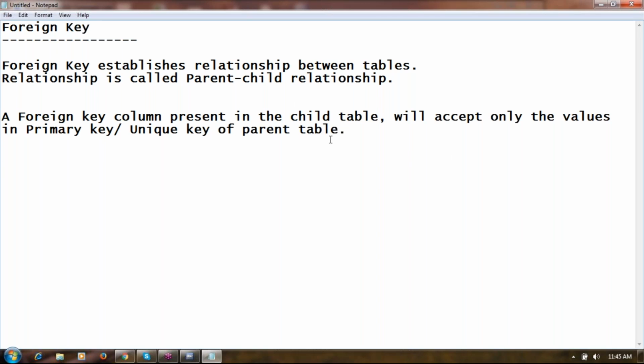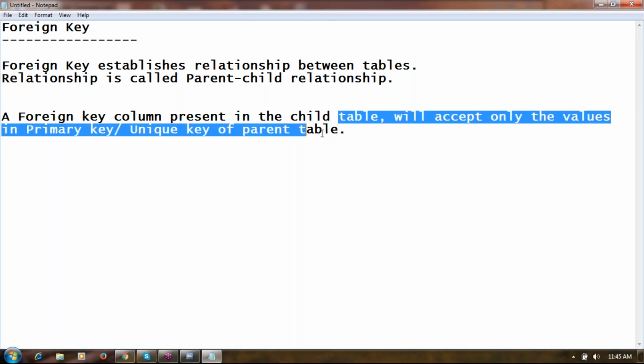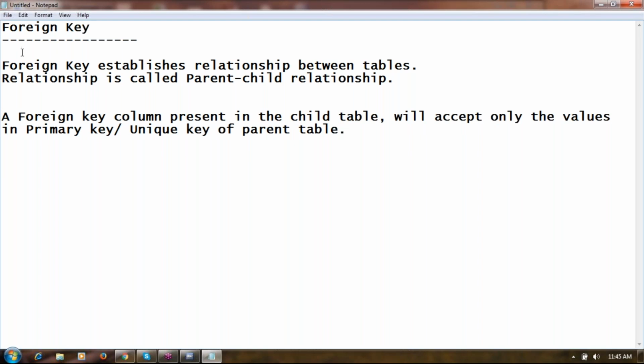A foreign key present in the child table will accept only the values in primary key or unique key of the parent table. Let us understand all these concepts very easily by taking an example.